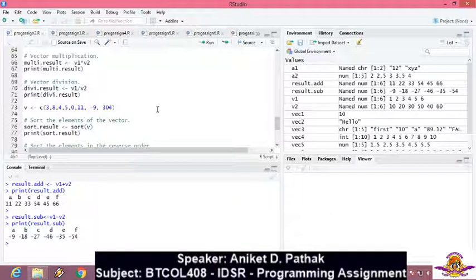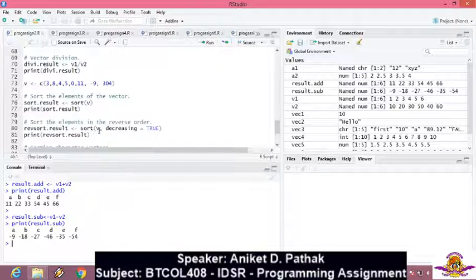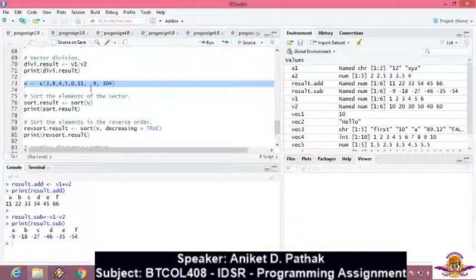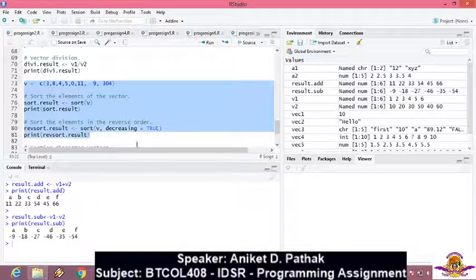Okay. Now if I want to sort and reverse sort the elements in a vector, then I have the function sort. So we have a vector v that holds values, and I am going to execute these both commands and we will see the difference.